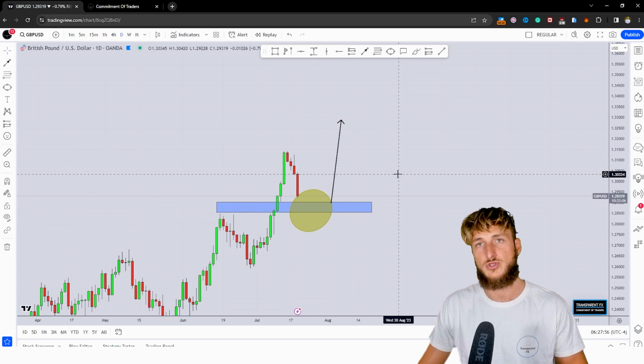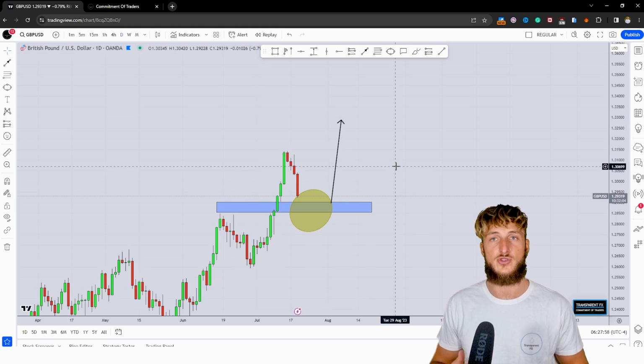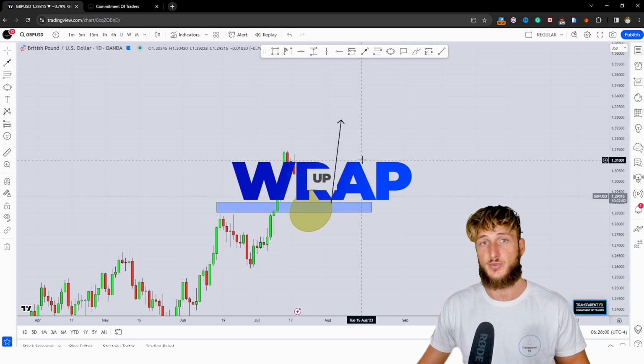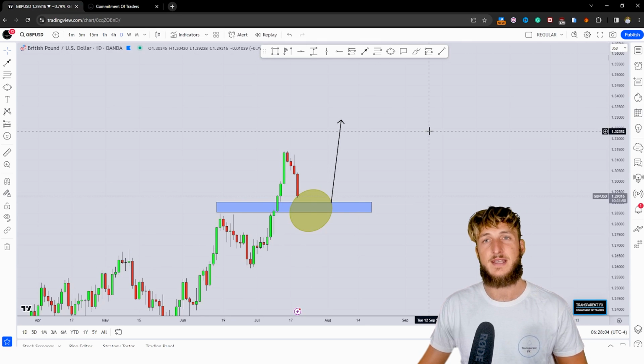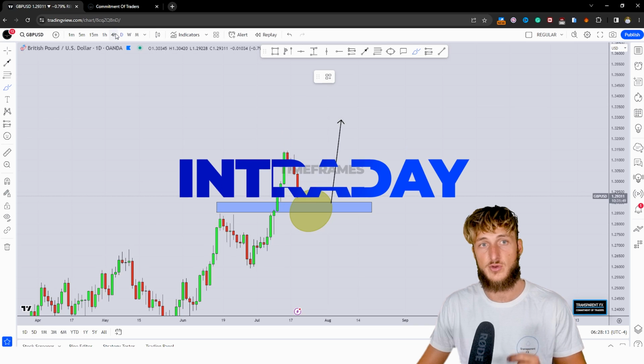So how could we be approaching this potential move to the upside? Now, as usual, trading is reactive and not predictive. The monthly, weekly, and daily combined with the COT data, those are the best time frames from a directional perspective. However, when it comes to confirmations and entries, the best time frames are the intraday time frames, so 4 hour